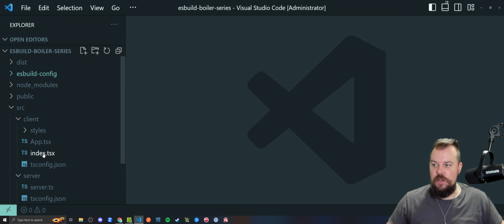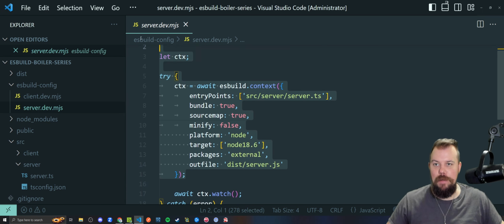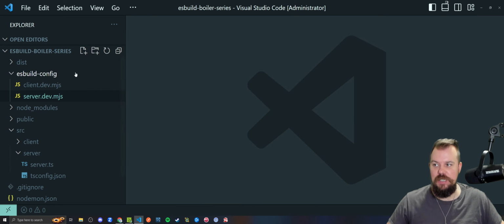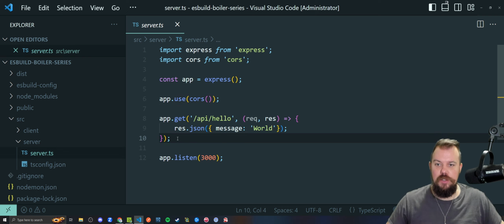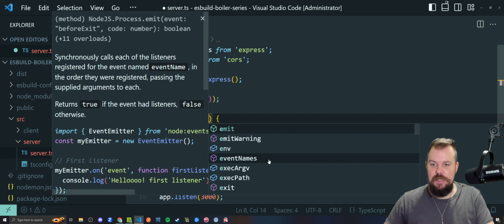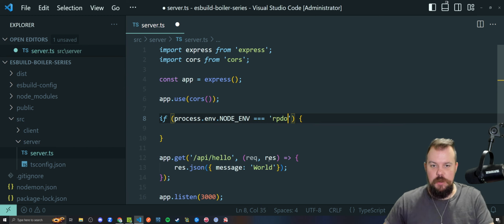But again, on server side stuff, to be consistent, I probably would recommend adding a define property to the server to be consistent between the front end and back end. But given that we're lazy developers, we know that we have access to environment variables directly on the server anyway. So I would need to say if process.env.node_env is production,